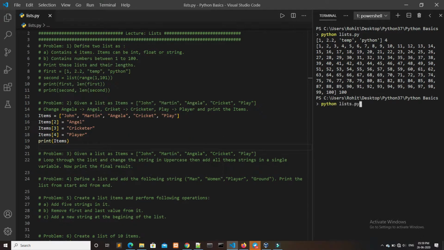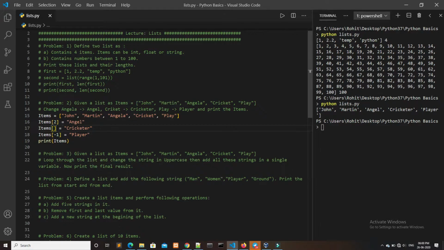Okay, print it. As we can see, Angela is changed to Angel, cricket is changed to cricketer, and play is changed to player. Now to access the item from the last, we change the last index to -1, that is play from the last is at position -1 and cricketer is at position -2.